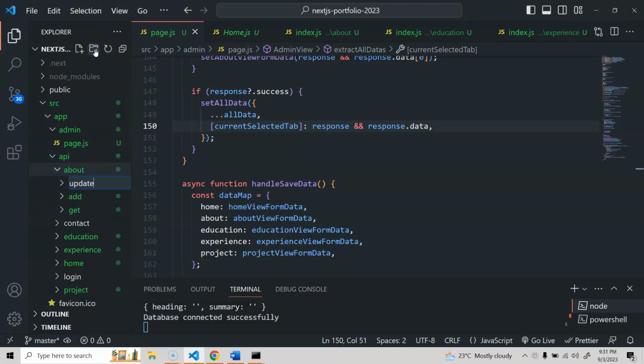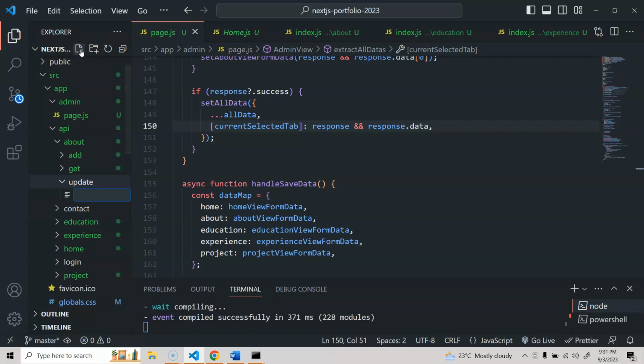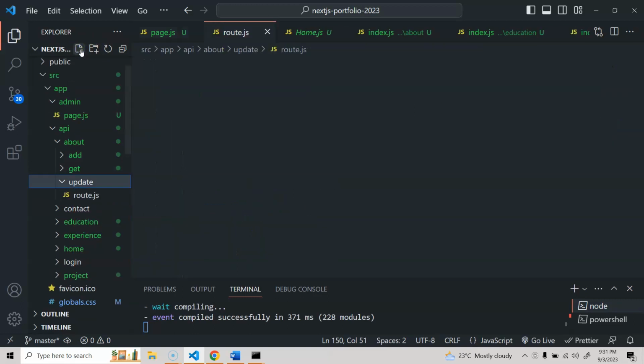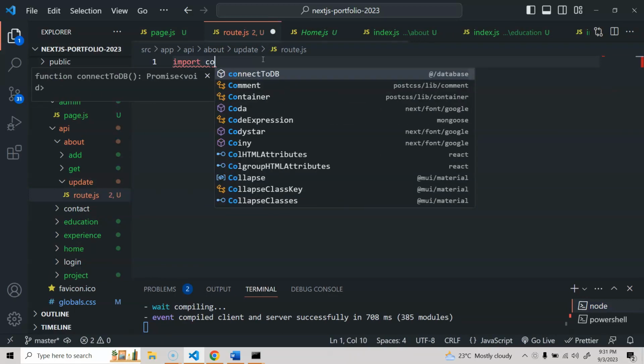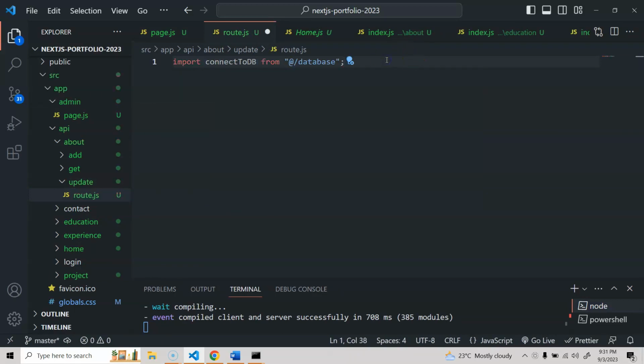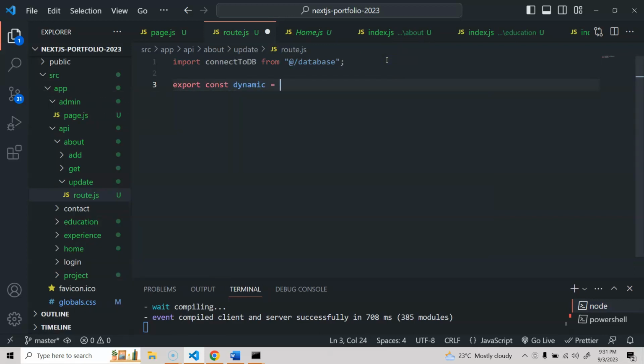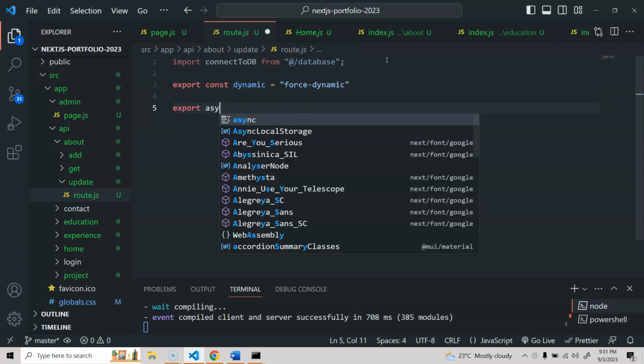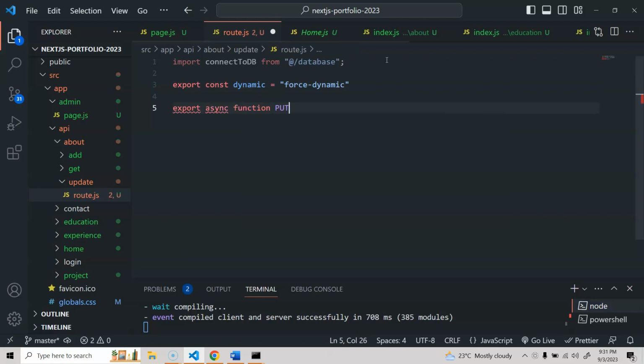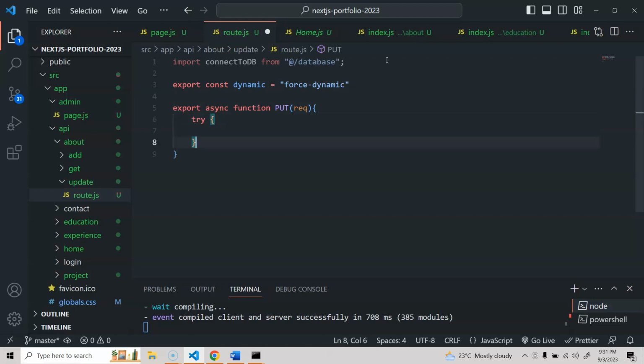So we'll do update for this about. Let's create our route.js. Alright, now here first thing we are going to import connect to DB, and then we'll do export const dynamic equal to force-dynamic. This will be export async function PUT. We're going to receive the request. We'll do try catch,